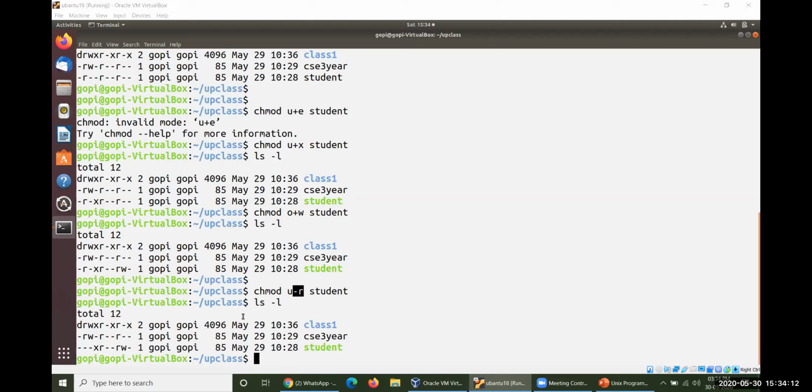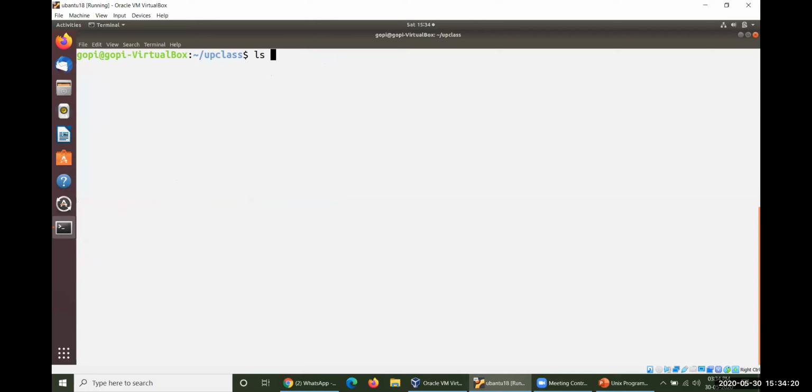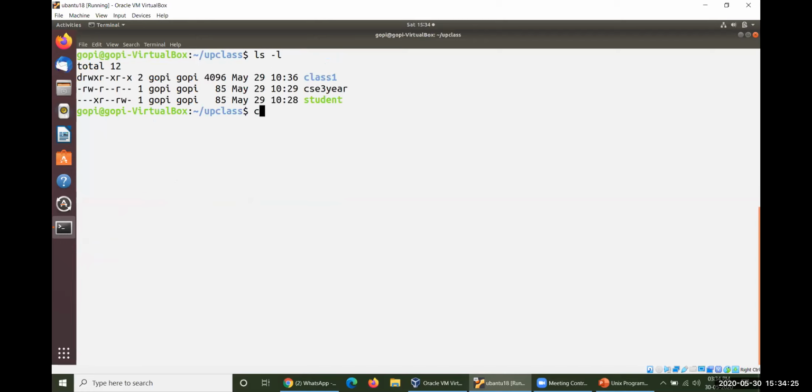So this is the way you have to use chmod on a file, and then let me go ahead and create a particular file. cat greater than, let me say file. Let me take only numbers, because line numbers are required. I'm running out of time, so I would like to mention only numbers.